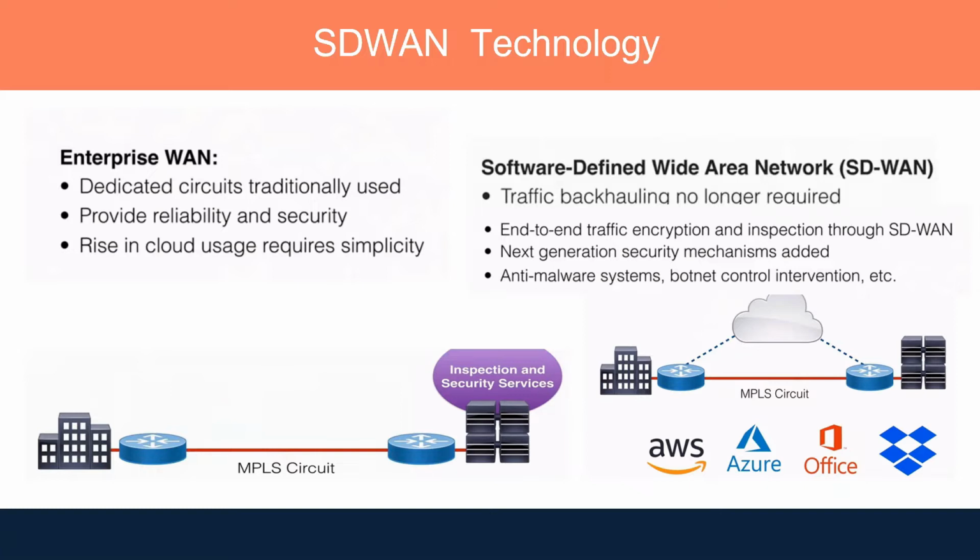Dedicated circuit means if you have MPLS or any other circuit, broadband circuit, you can use that, with security, because this technology works on two terms. One is overlay network and the other is underlay network. Underlay network is providing the connectivity and overlay network is used for the communication. Post having the connectivity, it creates a tunnel for secure connection and